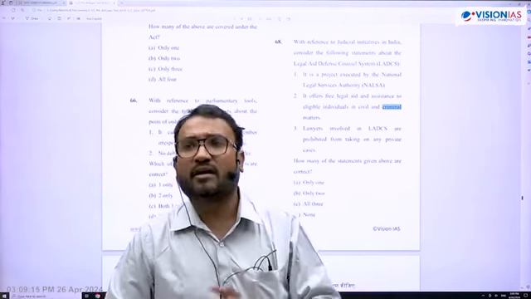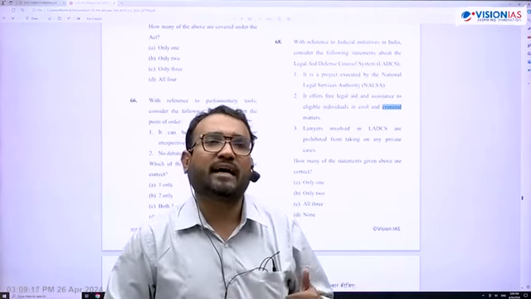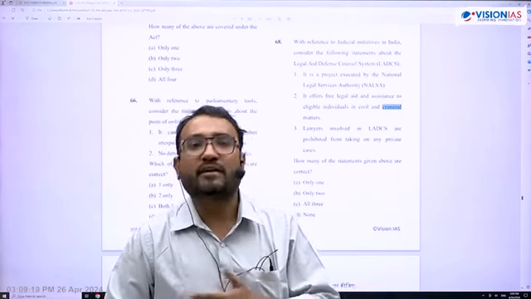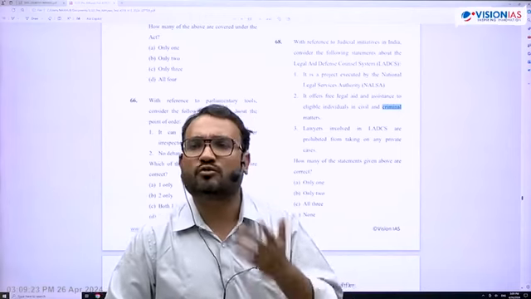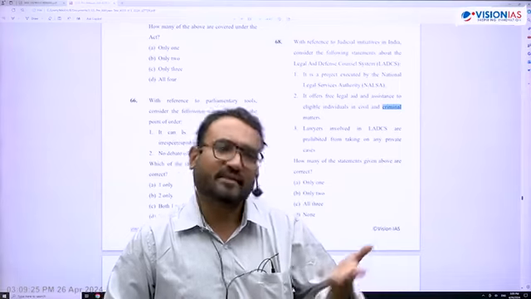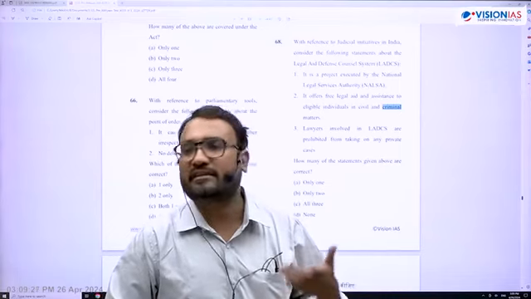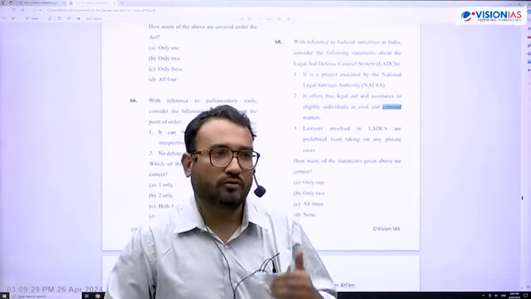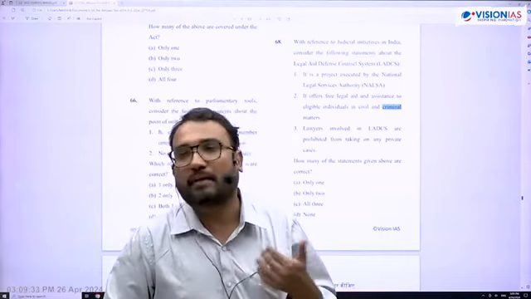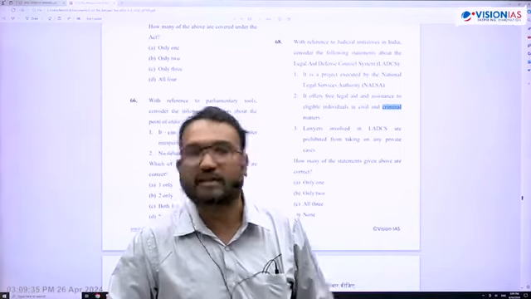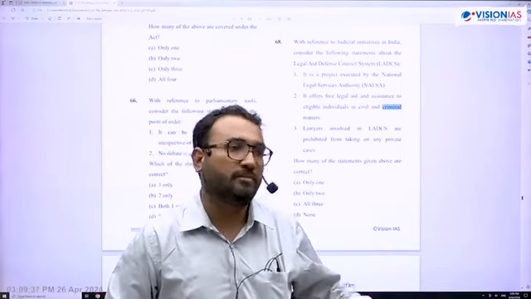In general, what is the difference between the Gram Nyayalayas Act and the Legal Services Authorities Act? UPSC asked this question because as a responsible citizen, you must know the issues arising out of pending cases in India. So this is alternate dispute resolution, an alternate way to solve the dispute other than the conventional mechanism. And of course, the Gram Nyayalayas Act also remains important, and the Legal Services Authorities Act also remains important.